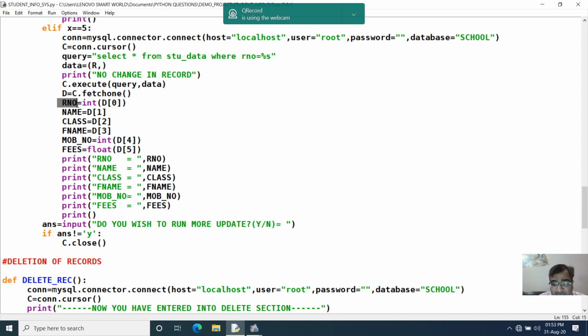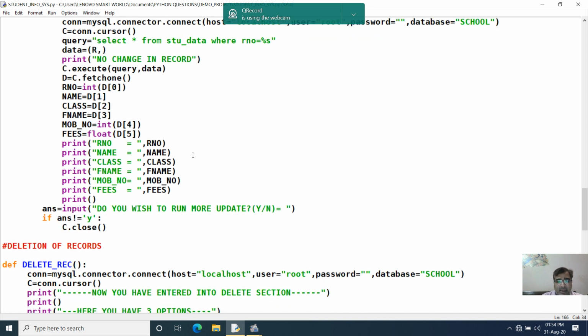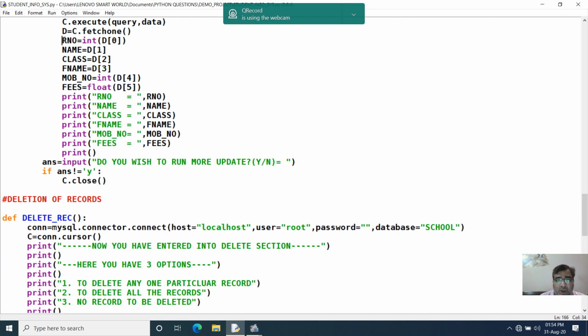If you want to pass integer value, you have to convert your value into integer. Whatever data type of the field in the table is, correspondingly you have to set that data type and then assign the value to the Python variable, right? And finally print all your variables, right? This has to be done only when you are fetching a single record.